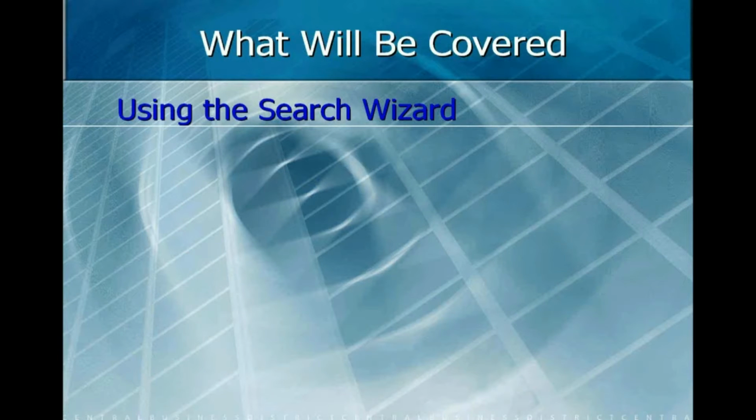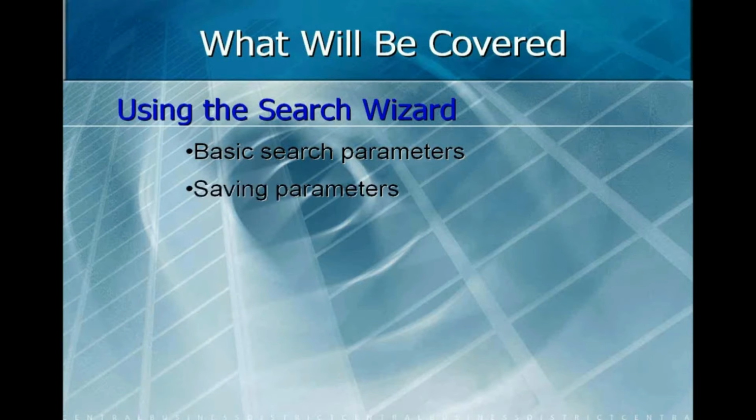I'll show you in the software, and I'm going to show you the 4 basic search parameters that we always start with when we're searching for option trades. I'm going to show you how to save those parameters so that you can reload them each time you come in to do a new search. And then once we've narrowed down and gotten rid of the stocks we don't want to see, the stocks that are left we want to save to a user list